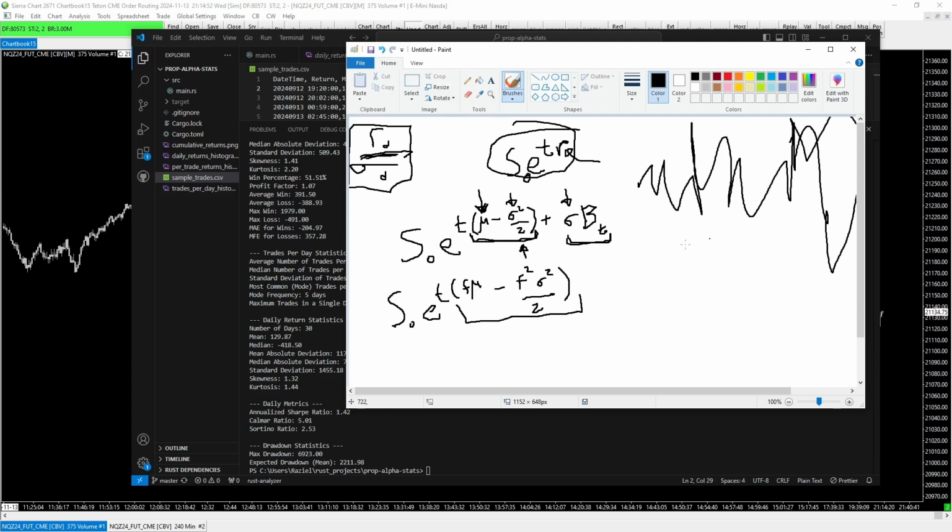So what leverage factor, given a mean annual return and a standard deviation of annual returns, should I apply? Well, it turns out the right answer is this. And on the money that I don't lever, I should put the rest in a risk-free account. If R is the risk-free rate, let's not confuse ourselves with this mean return. I'm just going to scratch that out. So the right answer is mu minus R over sigma squared,